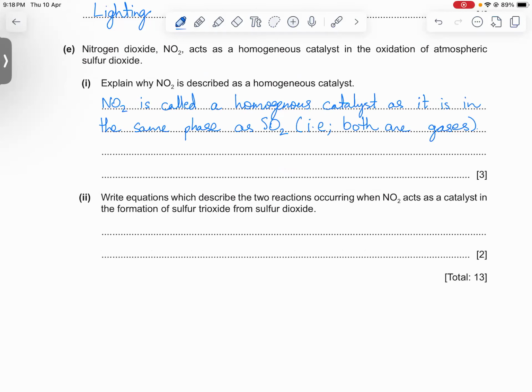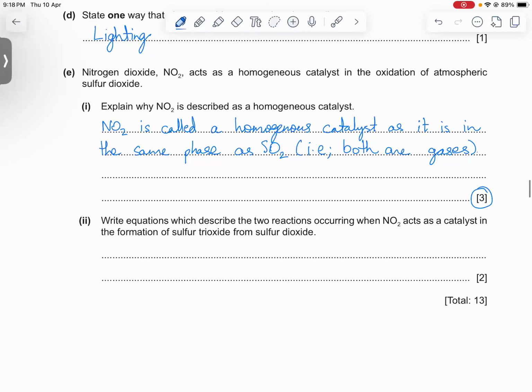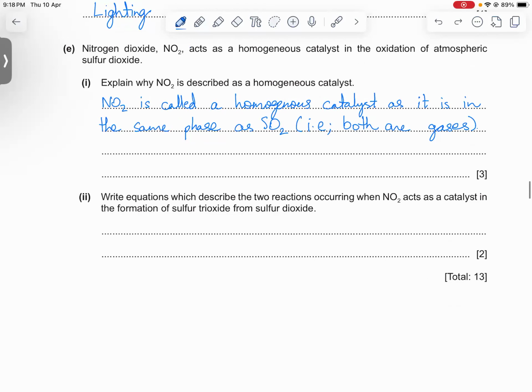The next thing you're going to do is, because this is a 3 mark question, I believe 1 mark should be for homogeneous and 2 marks should be for catalyst, because the catalyst definition is also very crucial. So we are now going to define NO2